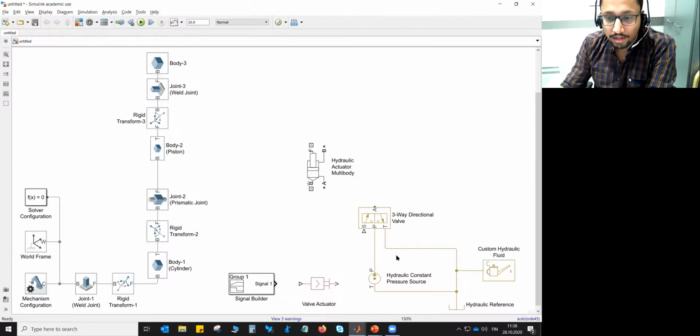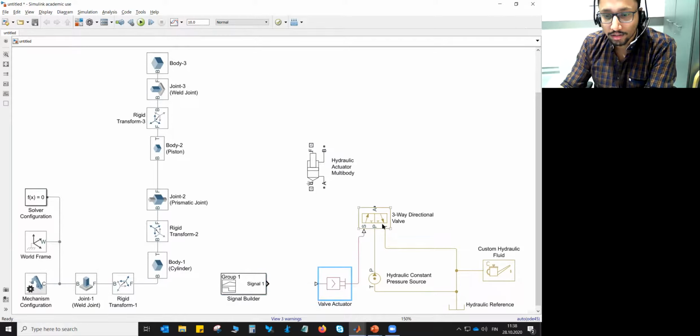Once we have done that, this directional control valve needs to have some hydraulic actuation, which will be provided by this valve actuator like this. I think it's fine. And obviously there needs to be some signal builder that is provided to this valve actuator.